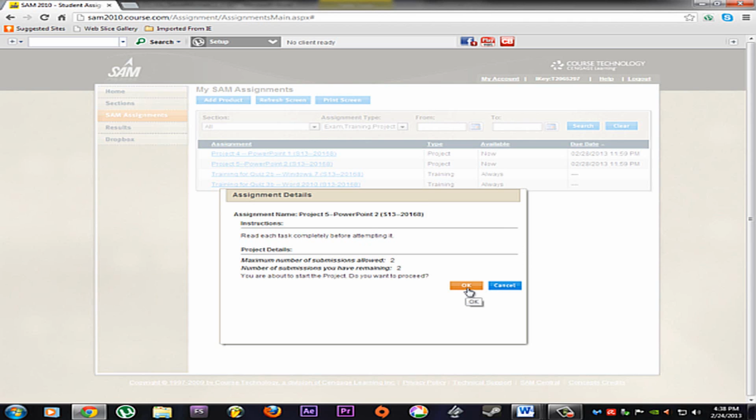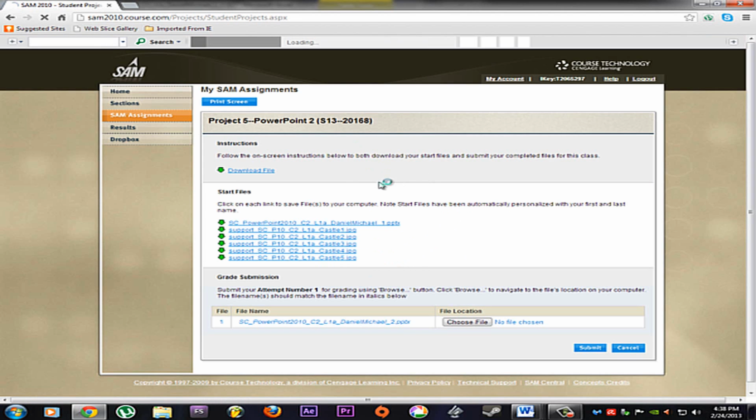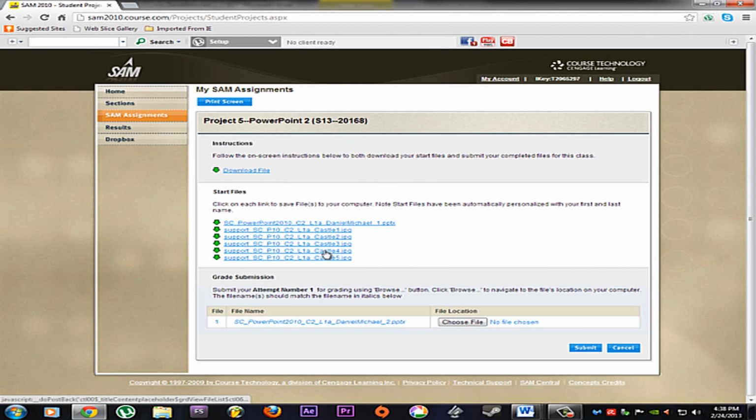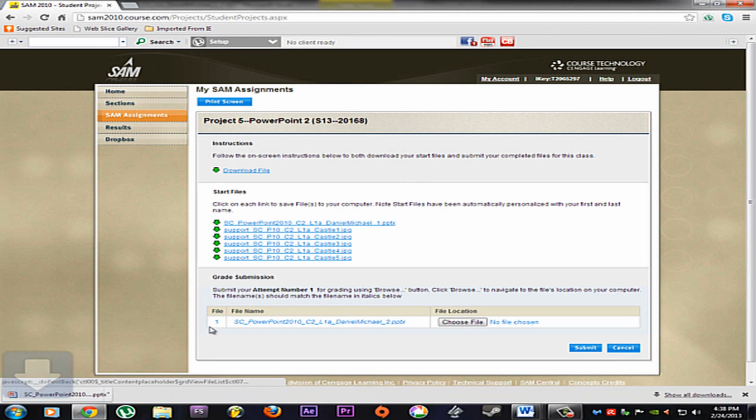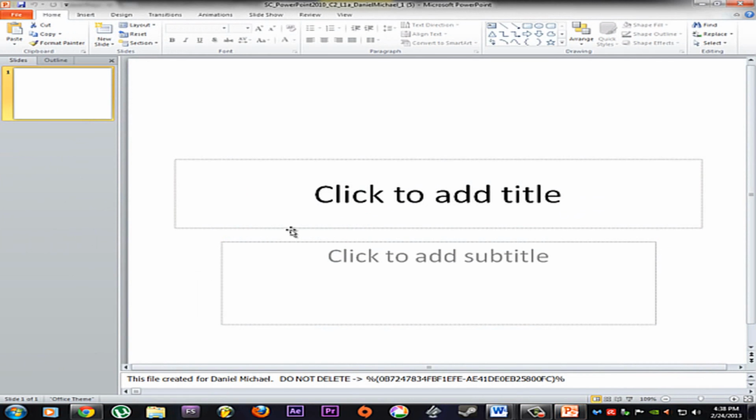This page is going to pop up. You're going to hit OK after you read that stuff if you want. And then it's going to take you to another page. You're going to have your instructions, and you're going to have your work files. After you've downloaded all of them into a folder, you're going to click the one with your name on it, and you're going to open it. And this is PowerPoint, but you're going to see Word here, but this step is the same for all Microsoft